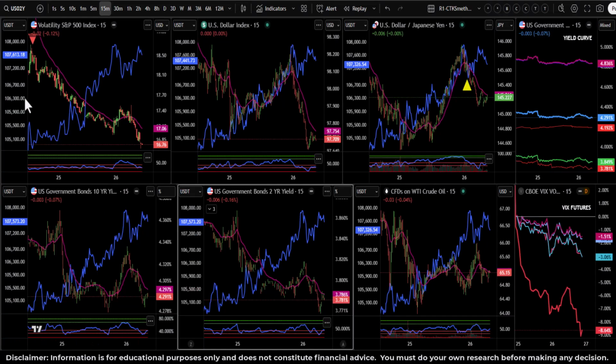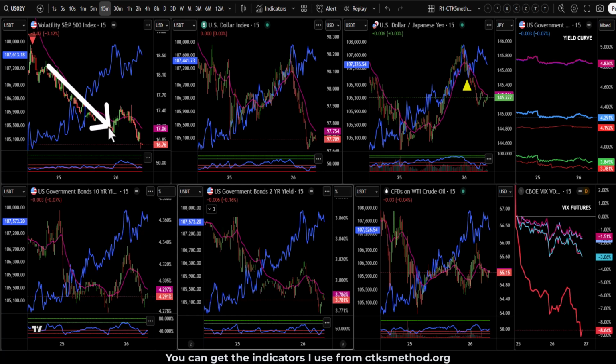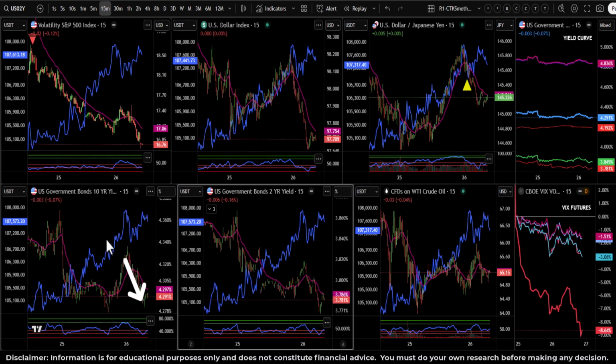In the past 24 hours, we saw the volatility gauge of the S&P 500, or the VIX, come down relatively sharply. This pushed Bitcoin's price up. We saw the yield spike and then decay. That was the 10-year and also the 2-year. We saw the US dollar currency index, the DXY, decay substantially.